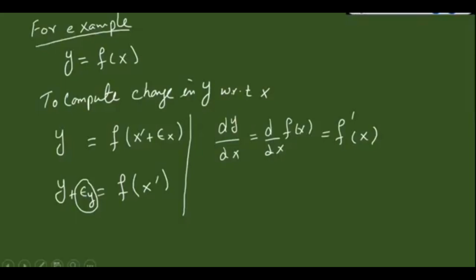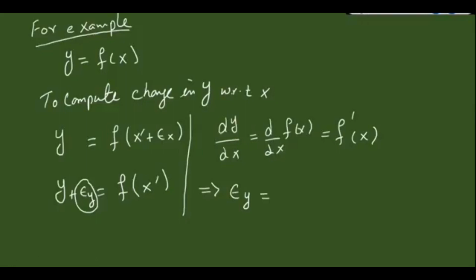Because if you look here, this is a very small change, an error quantity. So this change occurred in the x quantity, which means this change will bring a change into y as well. So I can clearly conclude that this dy is a change in y due to the change in x. So what is the change in x? We have epsilon x. So I can write a similar expression by making the following conclusion. The epsilon y, that is the error in the dependent variable,